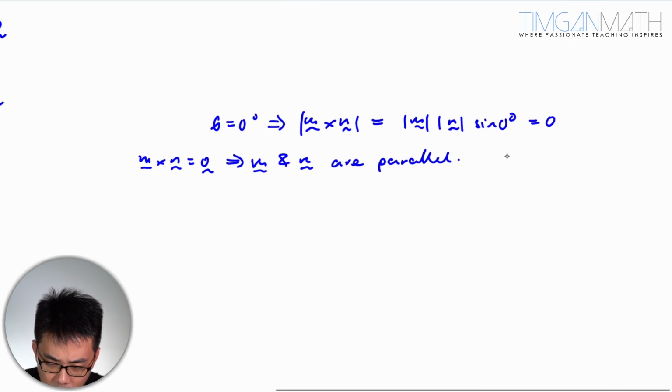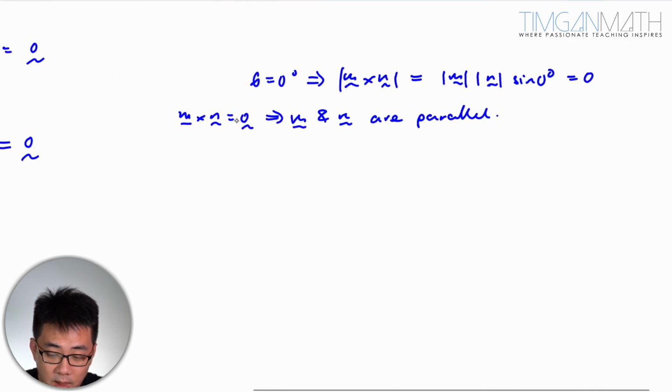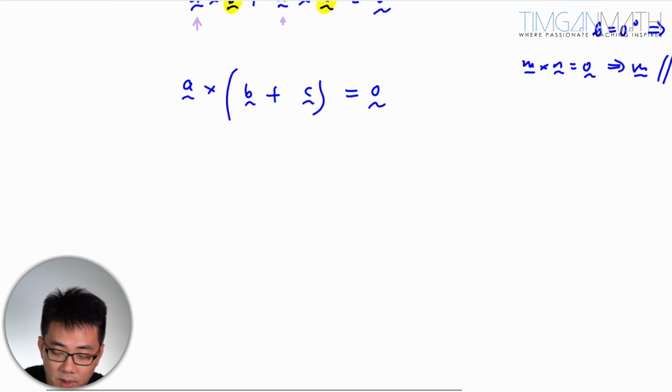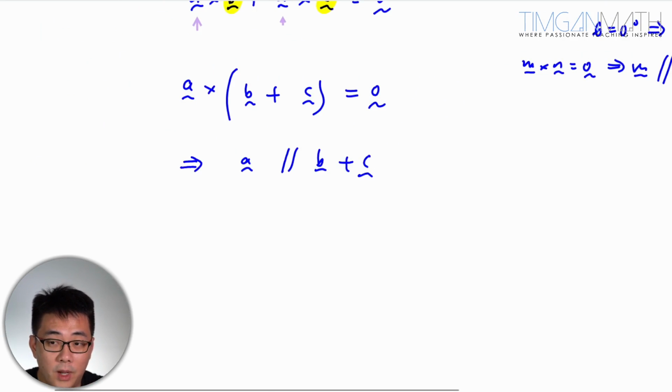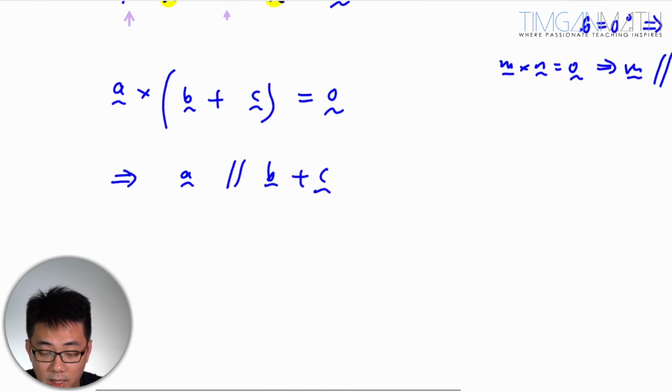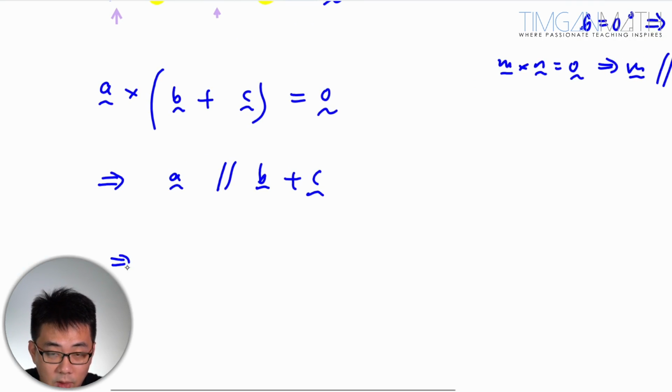So to get a zero vector means that they have to be parallel to each other. Just take note, so M and N, they are parallel. So from here, what we can deduce is A is parallel to B plus C. As long as the cross product is zero, you will get a parallel vector. So from here, what we can deduce is